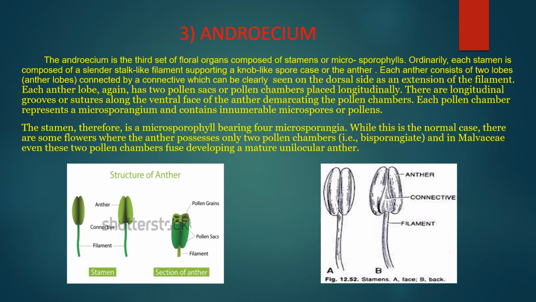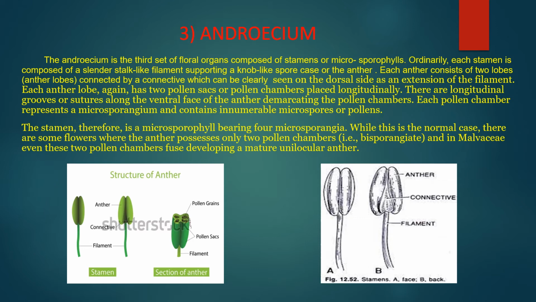You can see this is a connective. It is seen on the dorsal side of the anther. Each anther lobe again has two pollen sacs or pollen chambers placed longitudinally. These are the pollen sacs or pollen chambers. There are longitudinal grooves or sutures along the ventral face of the anther